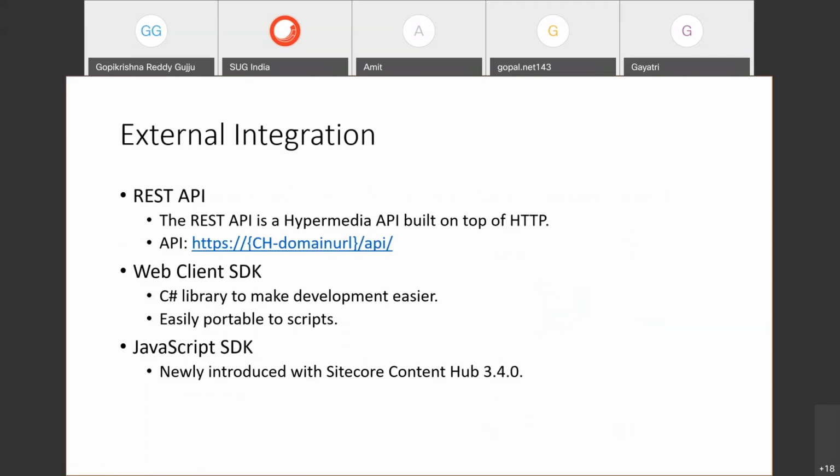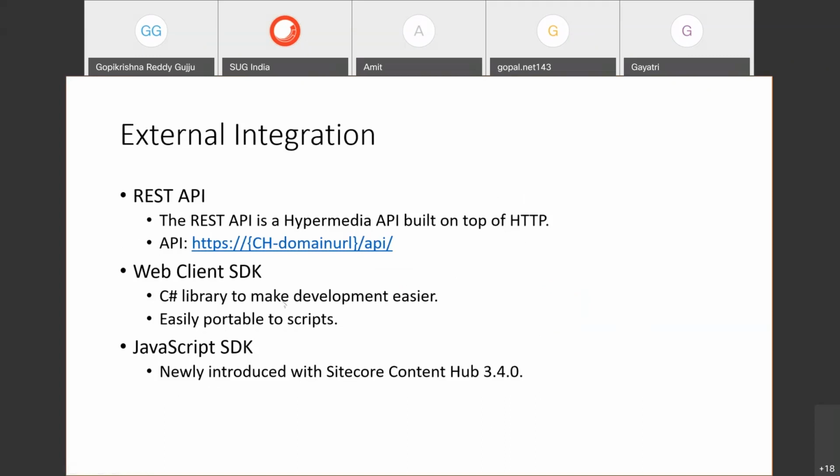I talked about this before: REST APIs are already available with Sitecore Content Hub, and they have a very rich API. You can traverse and do all kinds of operations, all the basic CRUD operations. You can go and see the API as well. You would type the domain URL and /API, and you would have all the activity, all the entities, entity definitions, everything there.